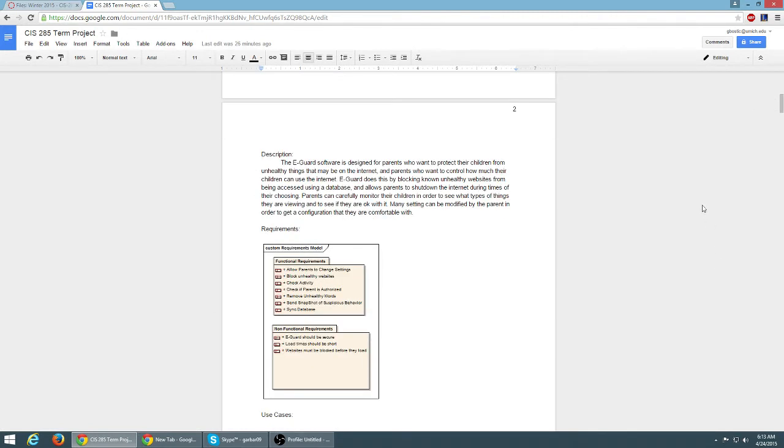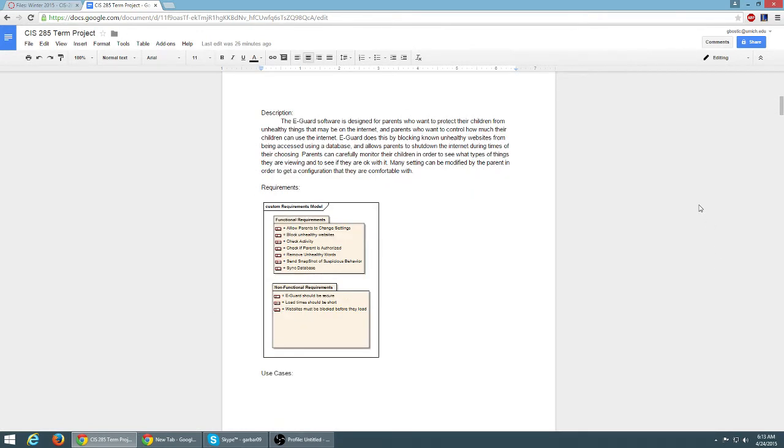So the description: the eGuard software is designed for parents who want to protect their children from unhealthy things that may be on the internet, and parents who want to control how much their children use the internet. The eGuard does this by blocking unhealthy websites from being accessed using a database, and allows parents to shut down the internet during times of their choosing. Parents can carefully monitor their children in order to see what types of things they are viewing to see if it's okay with them, and many settings can be modified by the parents in order to get a configuration that